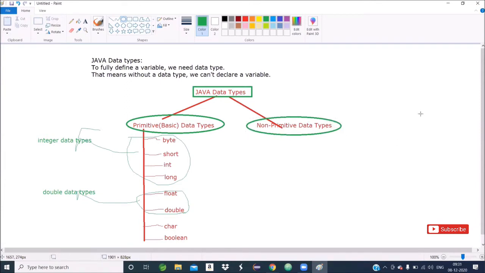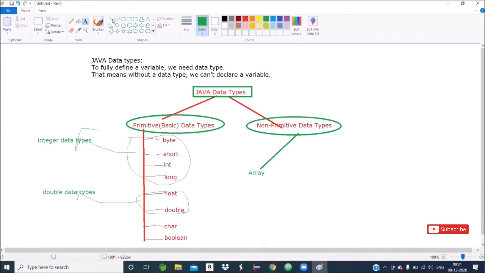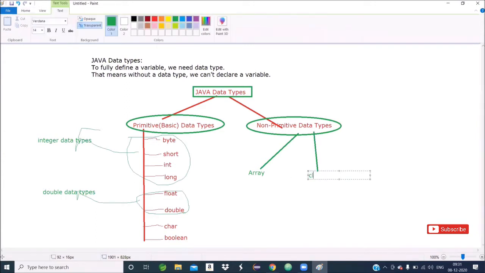Then in non-primitive data types, we have array, string, class, interface, etc. We will discuss them slowly later on. Array, later on we will cover. String is a class, so overall I will write class.